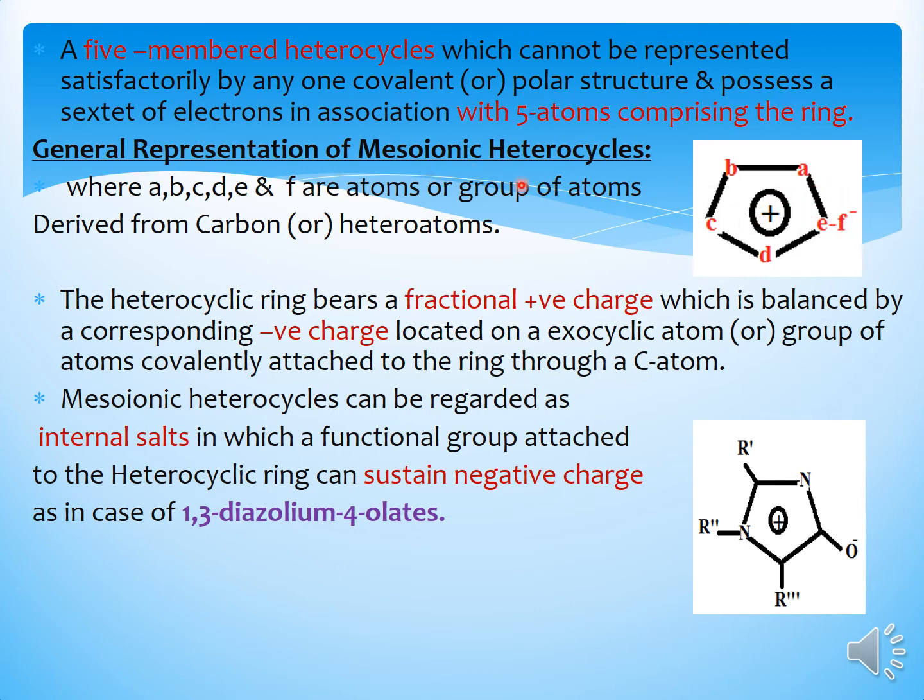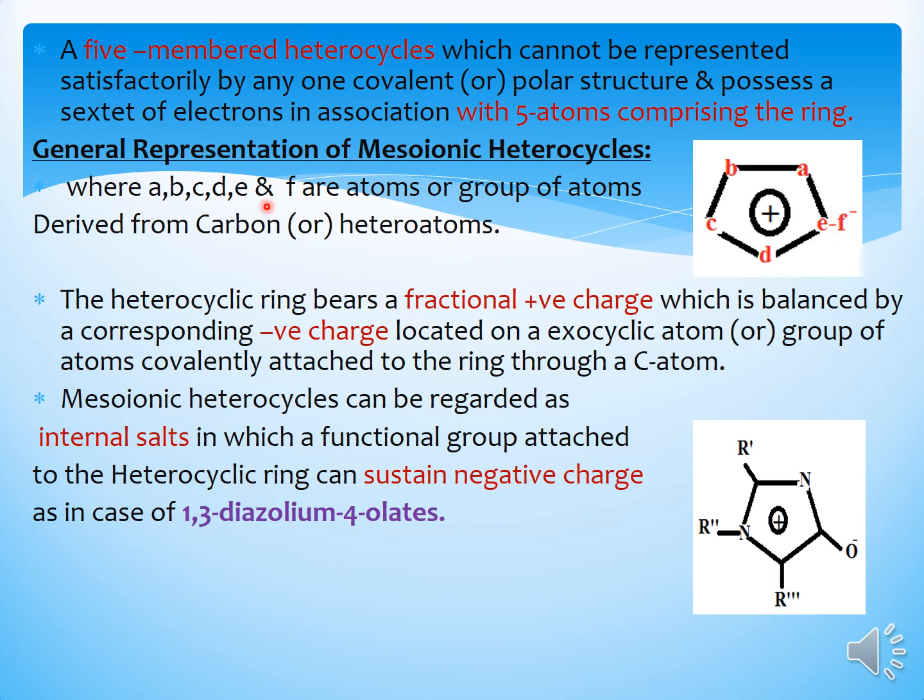Here certain representations are there which I will tell you. So in general, how the mesoionic heterocycles will be represented. Okay, so this is how the mesoionic heterocycles will be represented. So A, B, C, D and E. E will be attached with one of the heteroatoms, or any of the oxides or the CH3, any of the groups which will contain the negative charge. Okay, and it will satisfy the positive charge as well as the negative charge. Negative charge should always be exocyclic in nature.